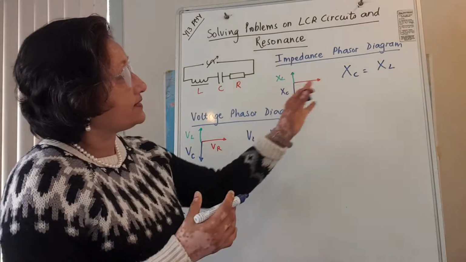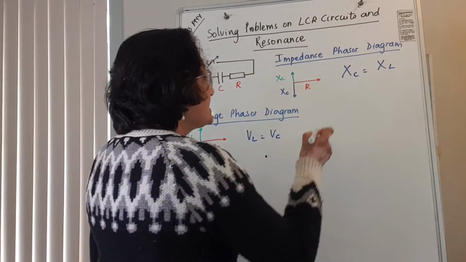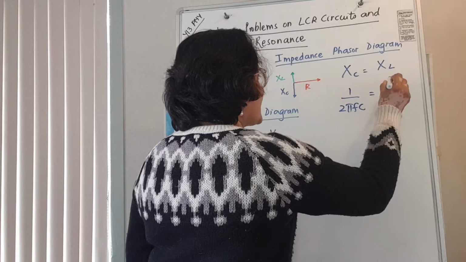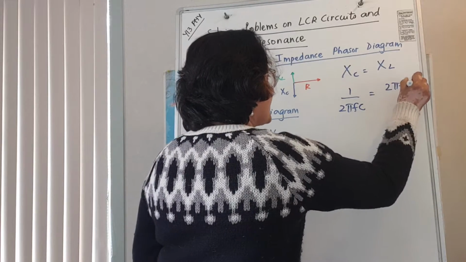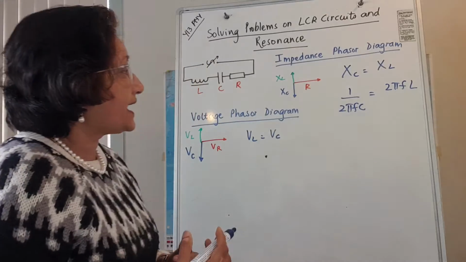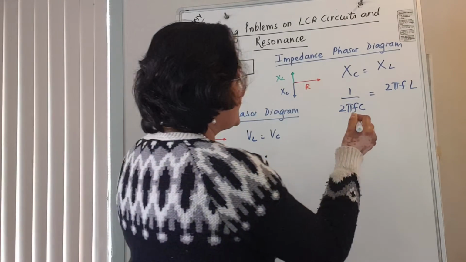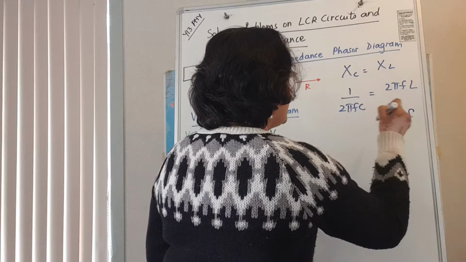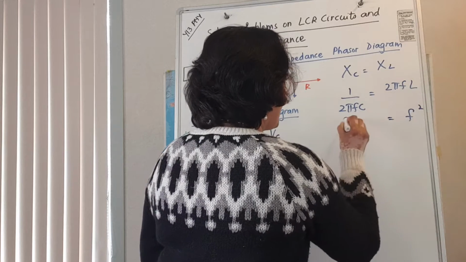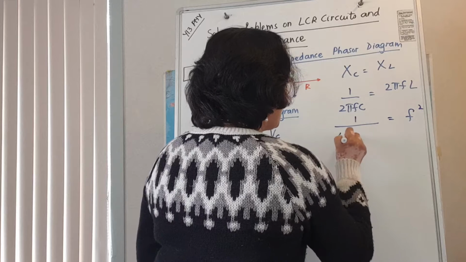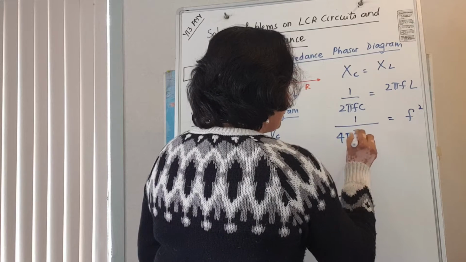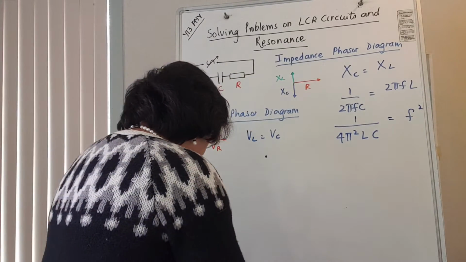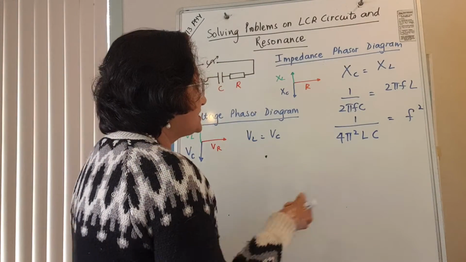Now, just looking at these two, XC equals XL, XC is 1 over 2 pi FC and XL is 2 pi FL. Now, if you make F the subject of the formula, get this either side, so you get F times F is F squared, and over here you got 1 over 4 pi squared LC. So in order to get the resonant frequency,